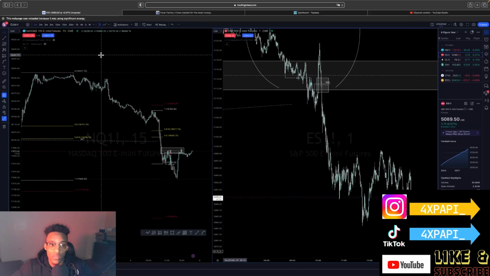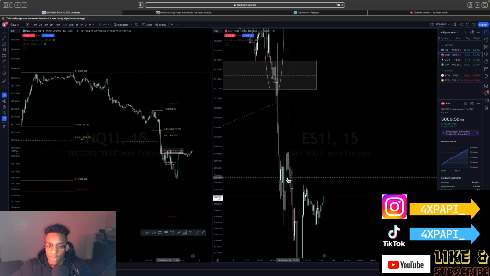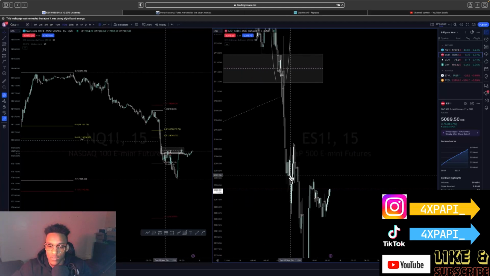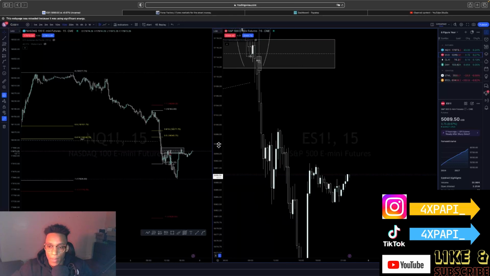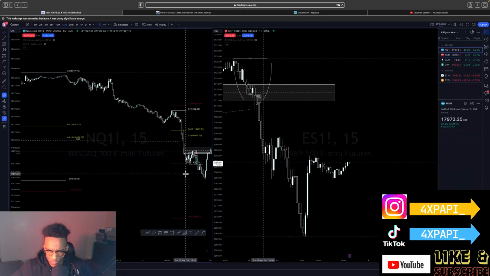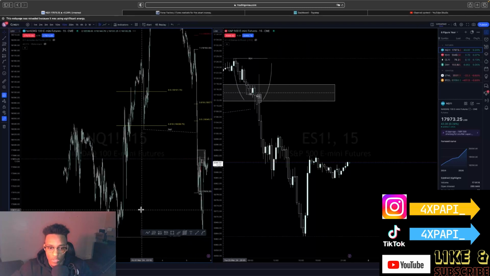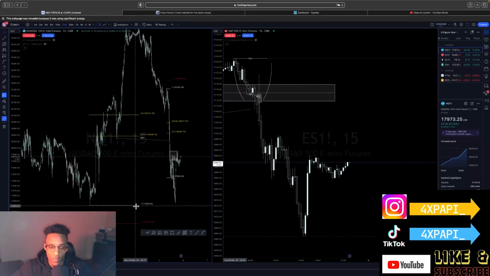Unless we did. Let's look just to make sure. This is later on in the day. So from here, there was no SMT, no. So I'm just waiting for price to retrace. We did have this fair value gap that we had created bearish. So then, as we can see, price is displacing through that. The draw on liquidity would become this low here.